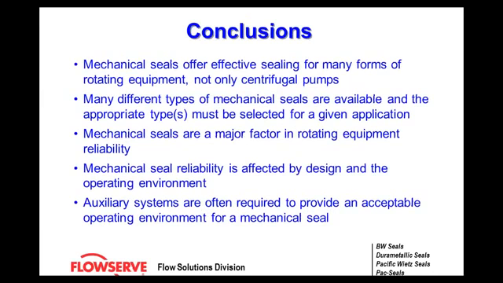In conclusion, mechanical seals can offer effective sealing for many forms of rotating equipment, not only centrifugal pumps. Mechanical seals are used in steam turbines. They're used on compressors. They're used in vessels, on mixing shafts. There are many different types of mechanical seals, and they must be selected for the given application. Depending on what you're pumping, mixing, driving, you have to sit down and make sure that you have the metallurgy right on the seal,